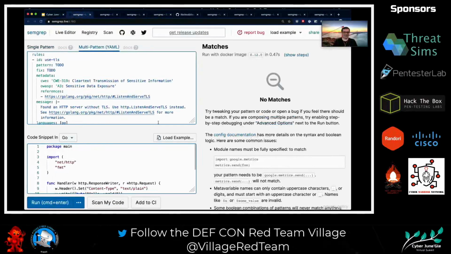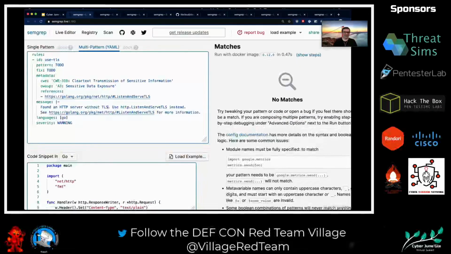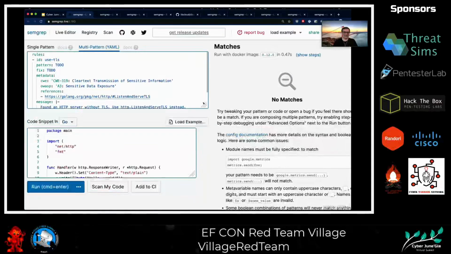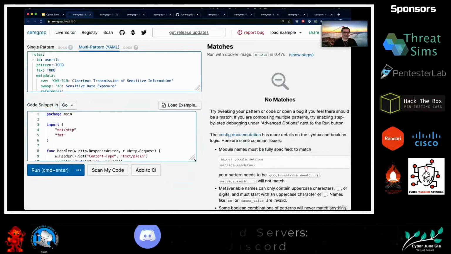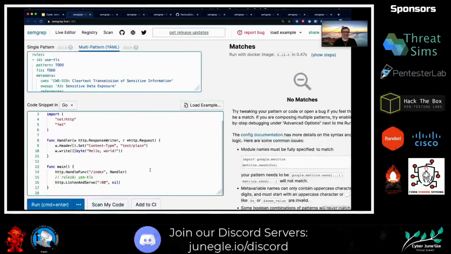So again, I have a fairly complex example, and this is actually one we have that has a bunch of metadata, and it talks about CWE numbers and OWASP categories. So it's a little bit busy, but let's see if we can use the same pattern to talk through what's going on. So again, this is literally a Hello World app, and we have a handler just like we did in the previous one, and we're going to go through and serve on port 80, and there's a handler function here that's nil. But I want to just audit all calls to HTTP listen and serve,